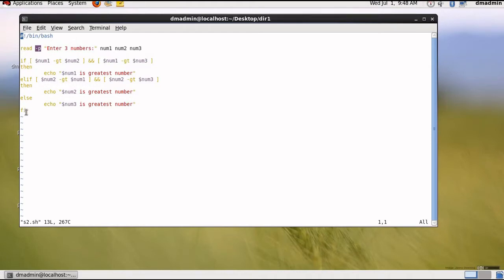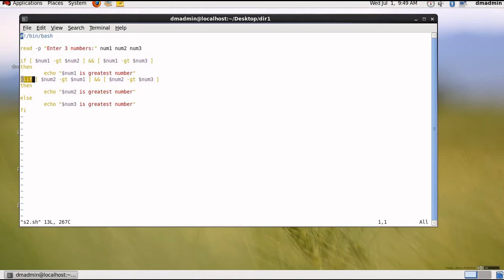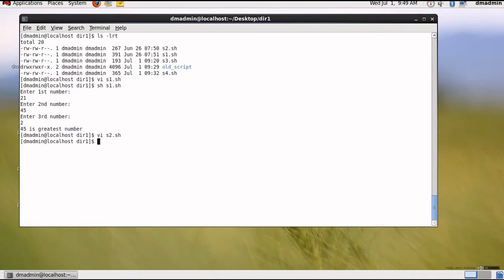And this if condition will end with fi. So guys, a couple of things to notice here: there is a space given after this bracket, there is a space given after this operator, and there is a space given here. That is a mandatory thing that you have to follow. If I start an if condition, it always has to end with a fi. In the middle I have used an elif condition, and elif will perform similarly to the if condition. So here in the elif condition I have given these inputs. Let us run this program and see the output.